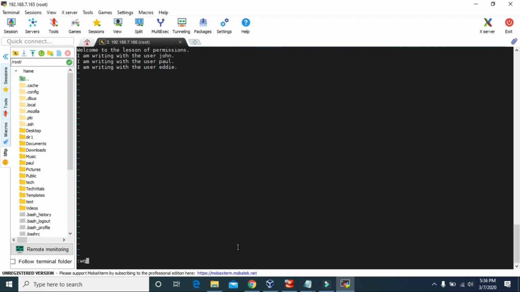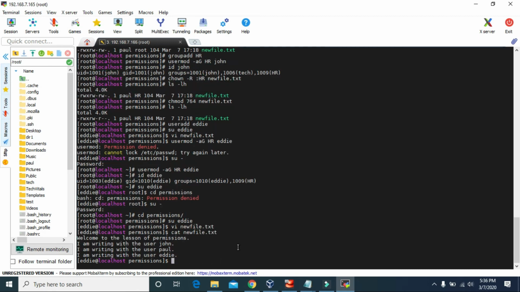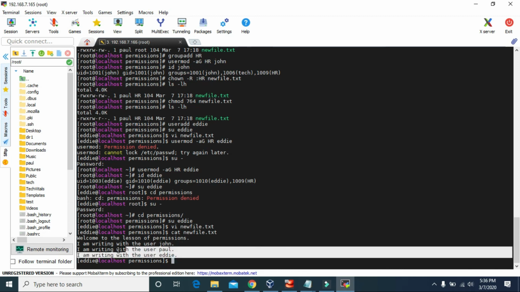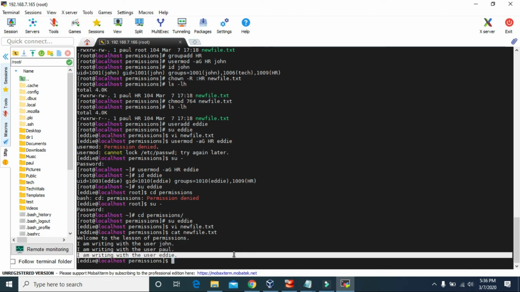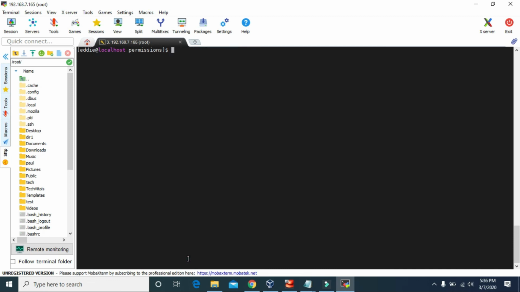And let's try to save. We didn't get any error, so that means we added that text in the new file. We can verify that using the cat command, and here we just made changes in that new file with the user AD. Let's clear the screen first,